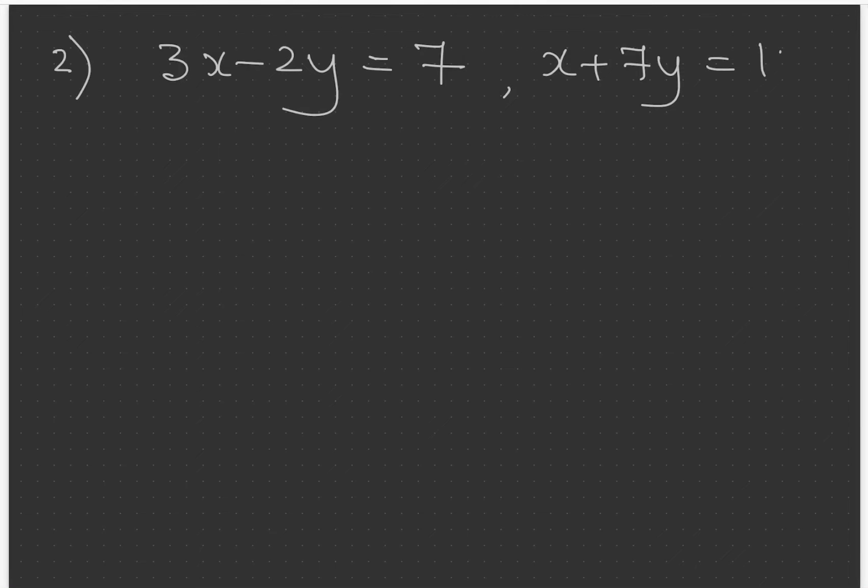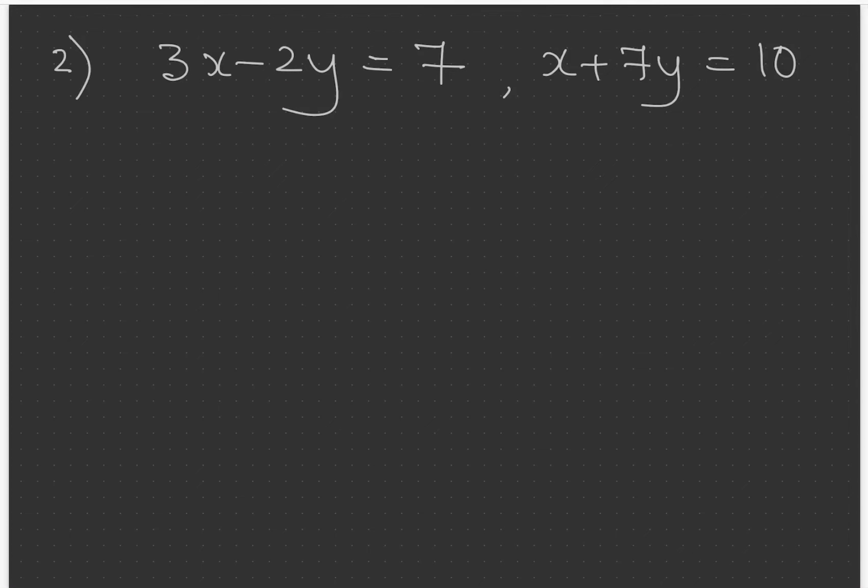Suppose you have a sum, 3x minus 2y equals to 7, and the second equation is x plus 7y is equals to 10. So how do you solve this now? So check the equations first. Which equation is easy to solve first? In which equation is it easy to find one variable? The equation where x has no number with it: here there is 3x, 2y, and only x, so this is easy, 7y. So I'll find x here first, right?